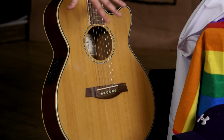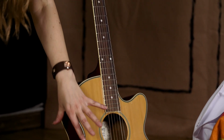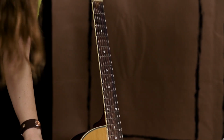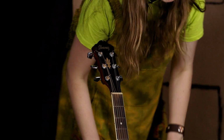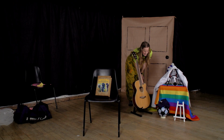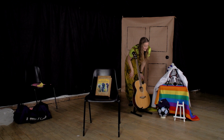It's an electro-acoustic guitar, which means you can plug it in or not, and it's shiny and wooden and very, very beautiful. And then behind the guitar, which you might not be able to see, there's a yellow plate with a green knife and a red apple on it. And then,